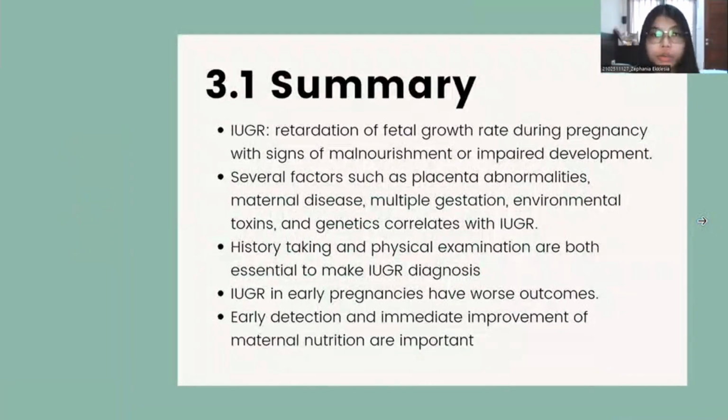To conclude, IUGR is retardation of fetal growth rate during pregnancy with signs of malnourishment or impaired development. Several factors correlate with IUGR, such as placental abnormalities, maternal disease, multiple gestation, environmental toxins, and genetics. History taking and physical examination are both essential to make the diagnosis. IUGR in early pregnancies has worse outcomes. Early detection and immediate improvement of maternal nutrition are important in the management of